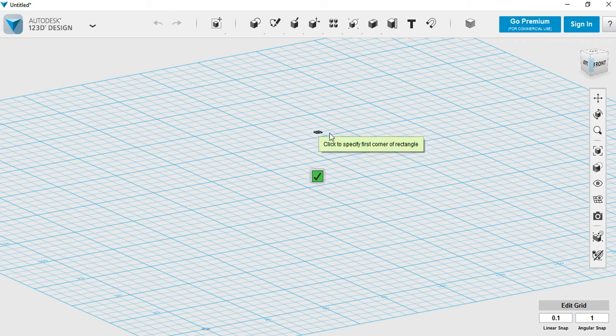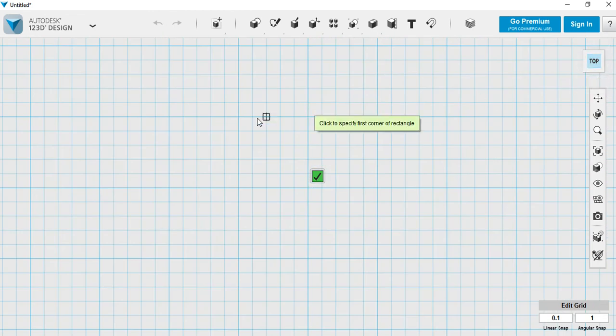Now before we start drawing, we're going to view from the top. So we're just going to go to the view cube and click on top. We're still in drawing mode, and then we're going to draw the square for our base. Now the square for the base is going to be 50 millimeters by 50 millimeters, which is 5 centimeters by 5 centimeters. Our grid on 123D Design is set to 5 millimeters, which is exactly the same as the grid